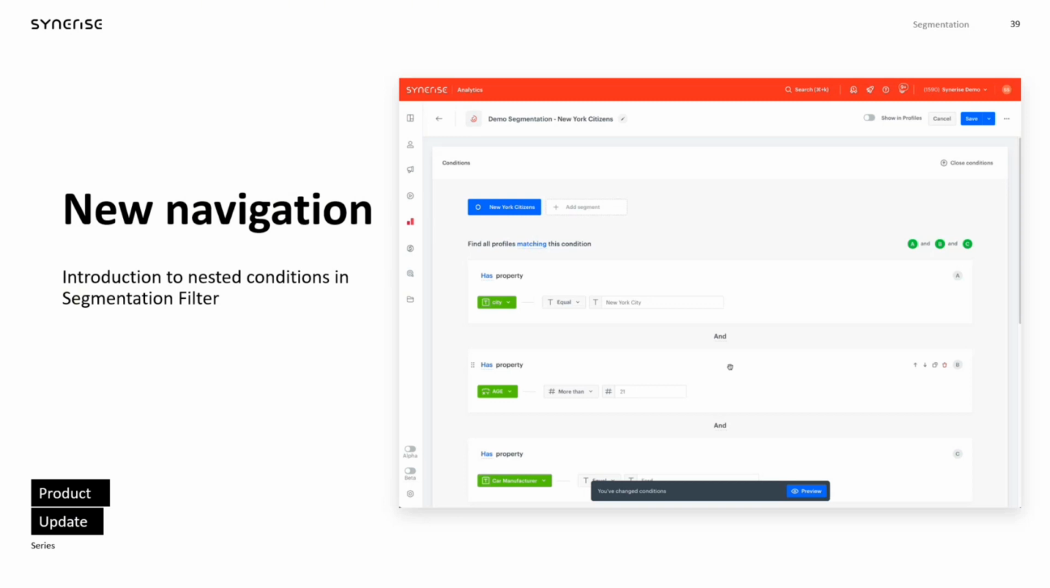worry, we will not remove recent old segmentations. We will cover that in other communications, so the details will be shared shortly. But here in new segmentation, new navigation, what you can see here on the video is that we have introduced